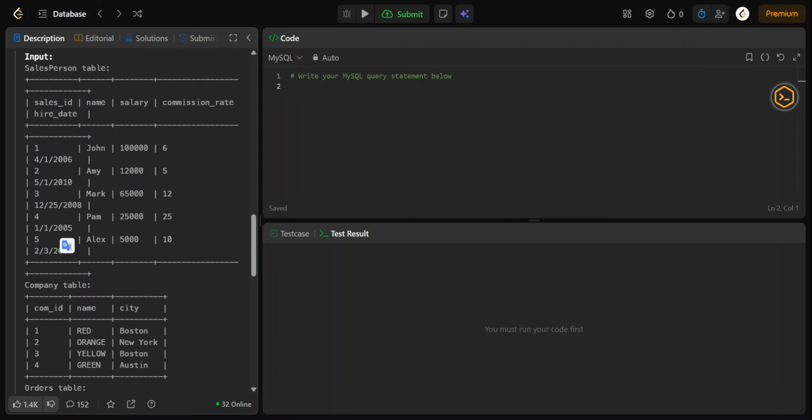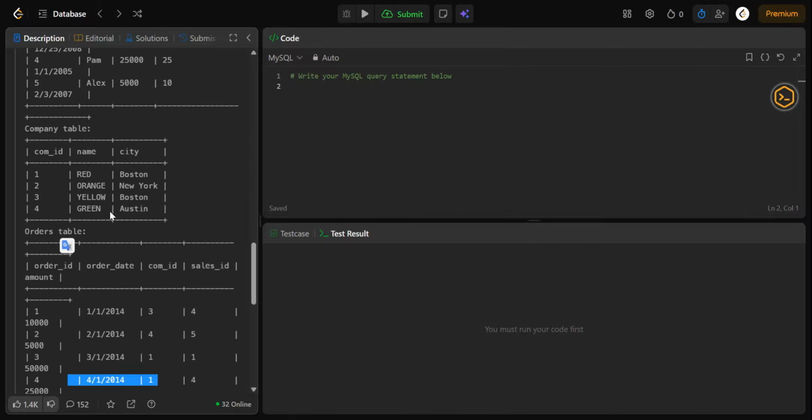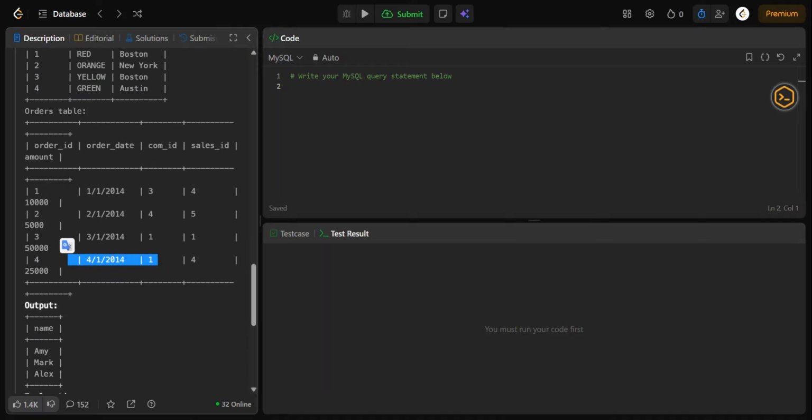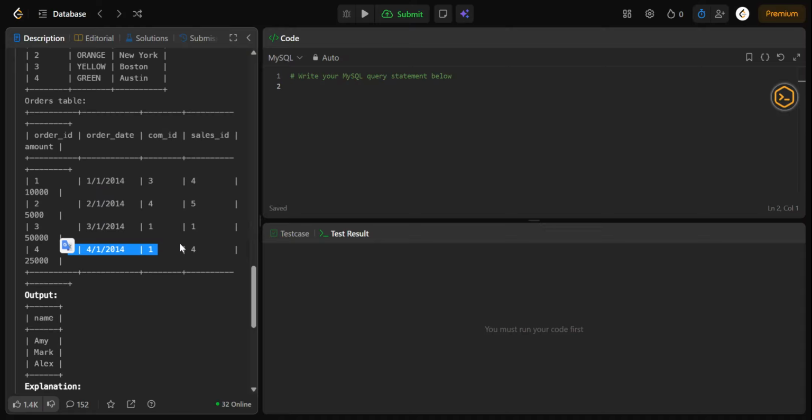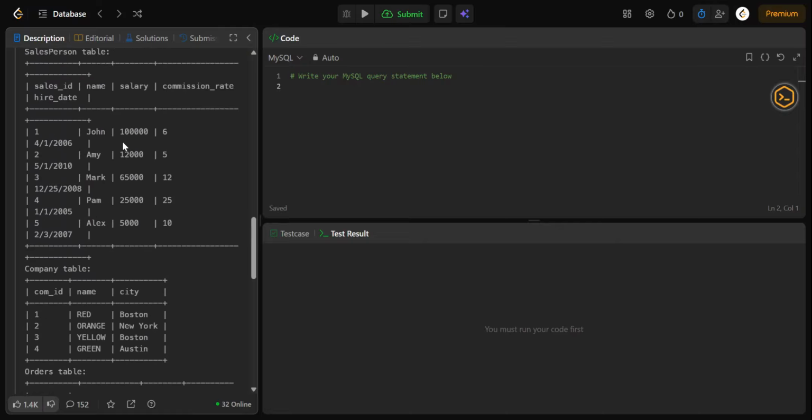Here the sales ID is 4 and here the sales ID is 4, so the second one is Pam, and the first one is John because sales ID 1 belongs only to John. I hope you understand. The remaining salespersons are Amy, Mark, and Alex, so these are the names written in the output.